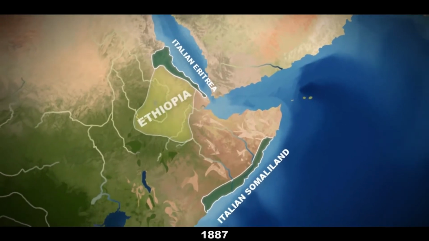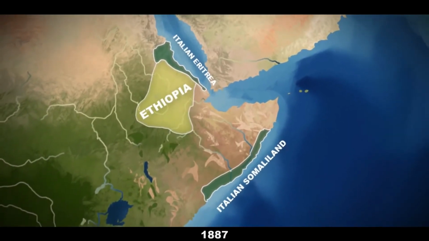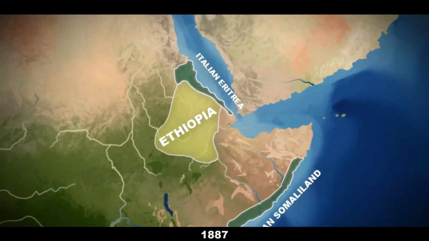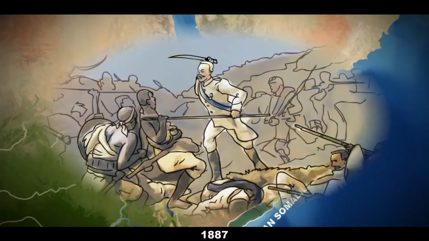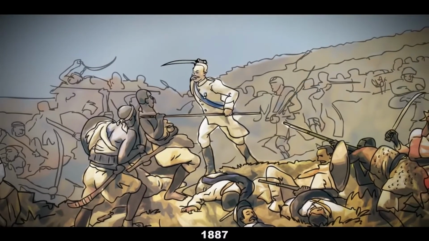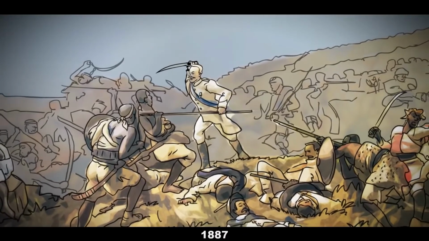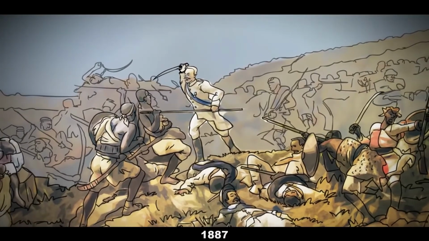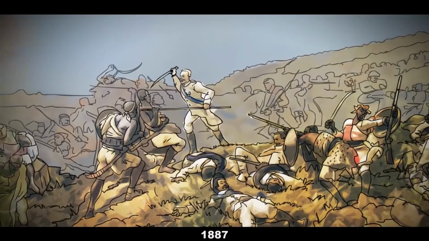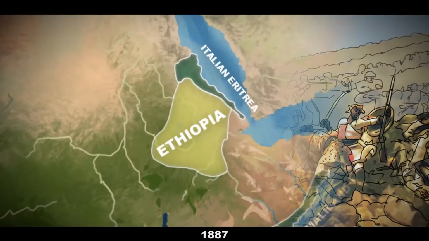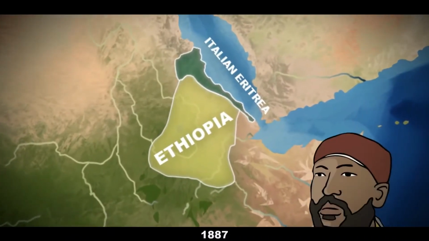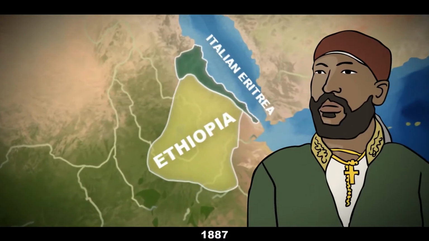Ethiopian Empire, which had existed in the region for over 600 years, suddenly found itself cut off from the sea. And by 1887, skirmishes were occurring between the Italians and local Ethiopian warlords. This culminated in the Battle of Dogali, in which an Italian column was ambushed and destroyed by the Ethiopians. After this, the Italians were determined to pacify Ethiopia, and they saw their chance when its emperor died and the throne was claimed by the Italian-supported Menelik II.